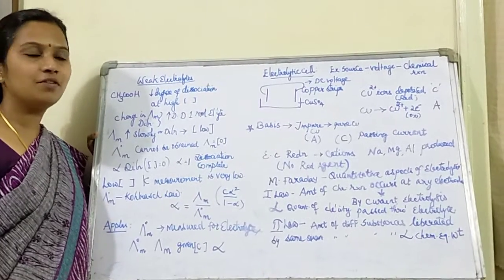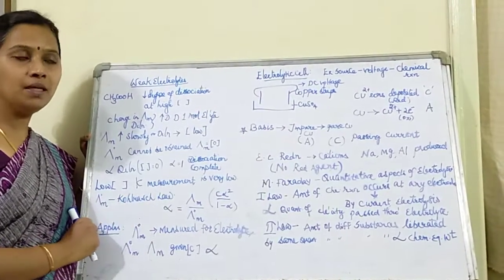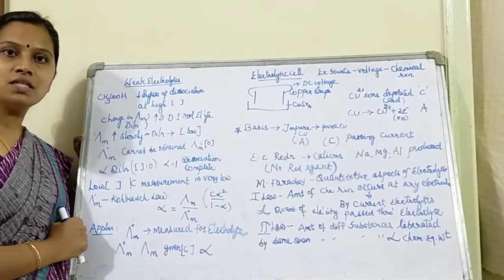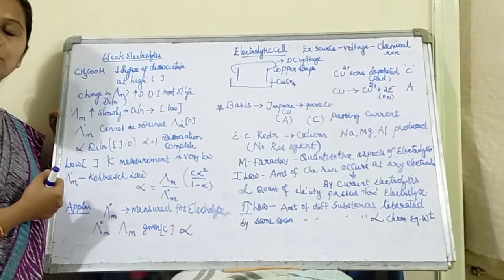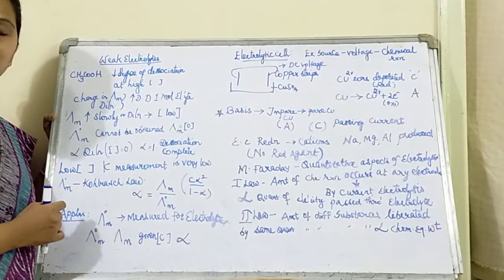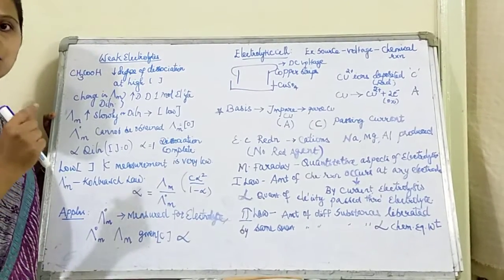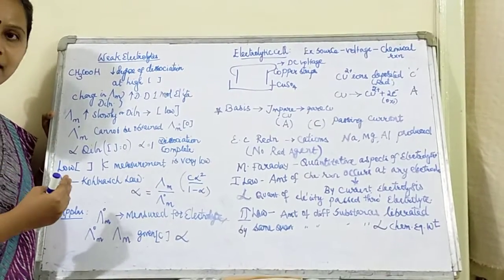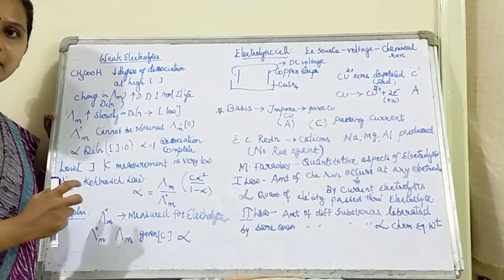Good morning students, we are back to electrochemistry. Till now in the previous sessions we have seen what is electrode potential, what is the standard reduction potential (SRP), then what is the standard hydrogen electrode, what is a Daniell cell, and how a Daniell cell is constructed.